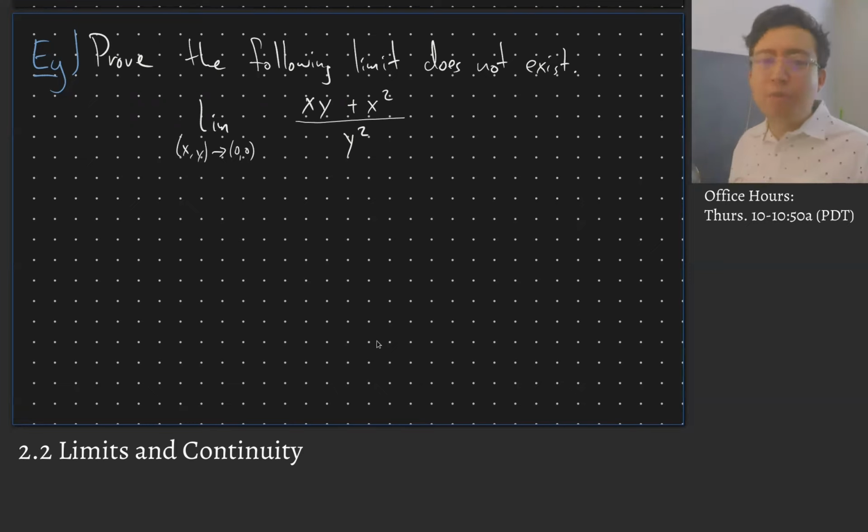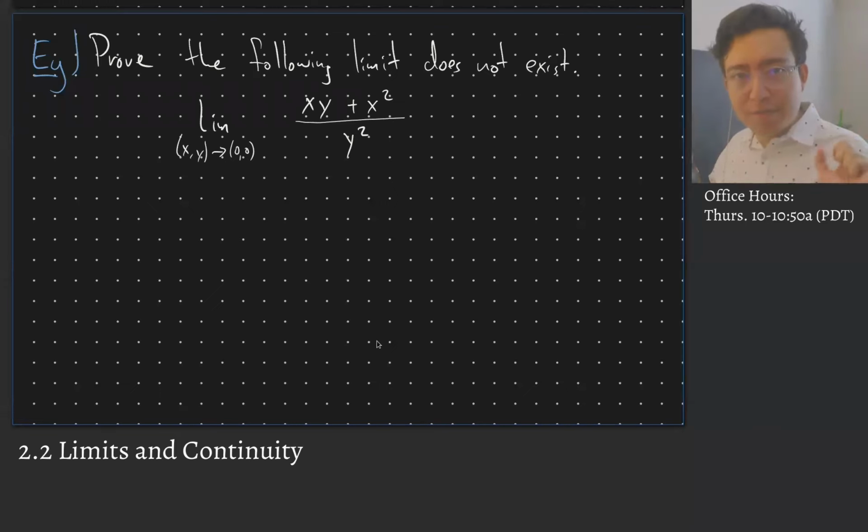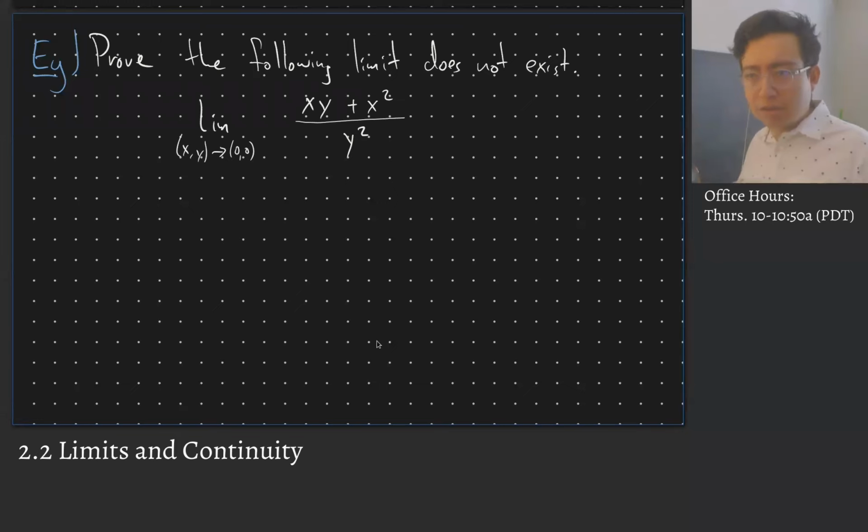Okay. Well, the way we would do that, does anyone remember how we would do that if we had this single variable function back in Calc 1? We said, I want to prove that the limit does not exist. Anyone remember how we would do that? So if the limit exists, that means that the limit from the left and the right are the same. So if you want to prove the limit doesn't exist, so